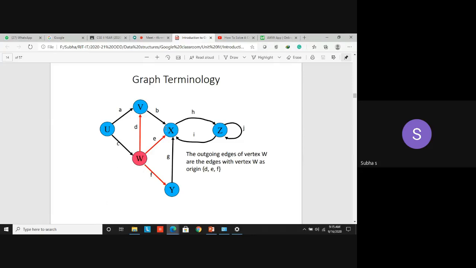Now tell me, what is the in degree for X? Make it fast. We will finish with this. We will discuss the remaining things in the 5th hour. 4, ma'am. Yes, the in degree is 4, because there is one edge small b, another edge small g, edge E, and one more, I. Don't forget this one. So there are 4 incoming edges. How many outgoing edges? Only one edge, H.